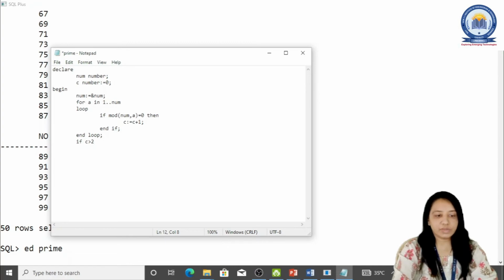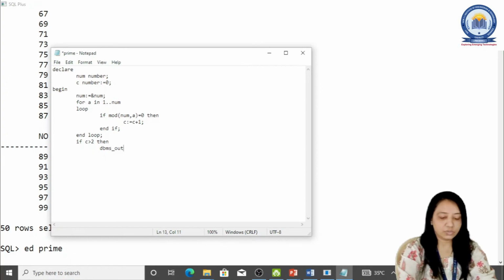So it is having factors which are greater than 2, then we can simply print a message using dbms_output.put_line that the number is not prime.